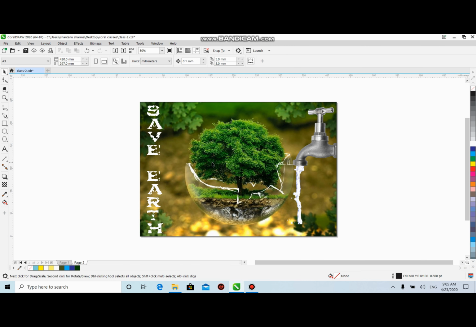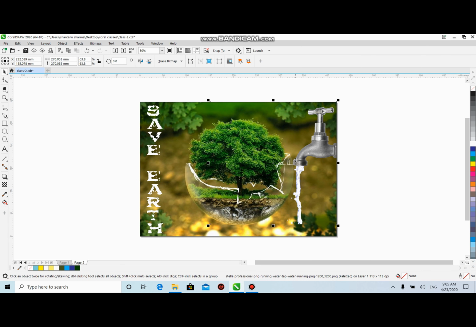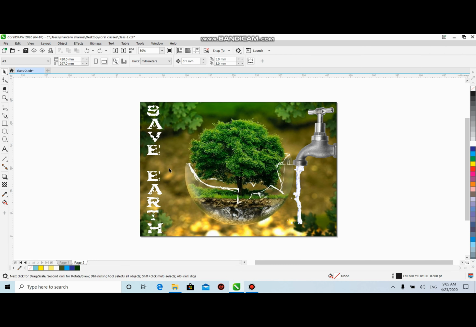This is the simple thing which we learned today: how to insert a picture in a working area properly, how to crop a picture, how to prepare a background basically. Then we use this picture also. How to enlarge it, how to type a text on your screen, and how to use text as a quotation, as a heading. So you can prepare different posters on save water, save electricity, stop pollution, etc. So this is how we work on it.